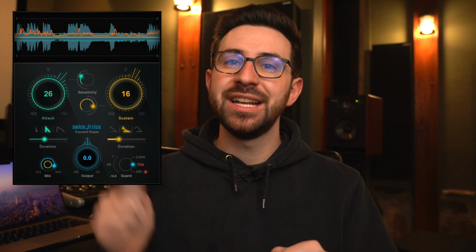Another plugin I use basically every time I can, specifically on kick and snare, is the Smack Attack plugin. This is a transient designer just to make it sound like the drum was hit with a little more intention than it always is. If they hit it really well, it doesn't really hurt the sound very much, but if they miss a little bit or it's just kind of lighter, it'll bring things up and make it sound like a more